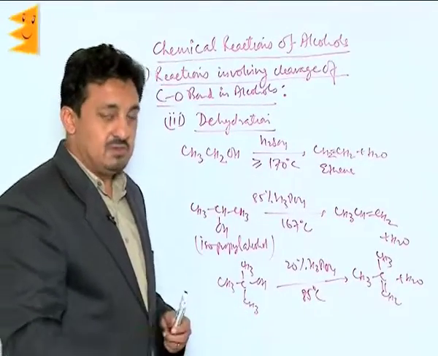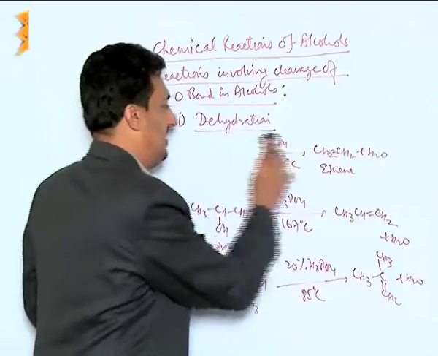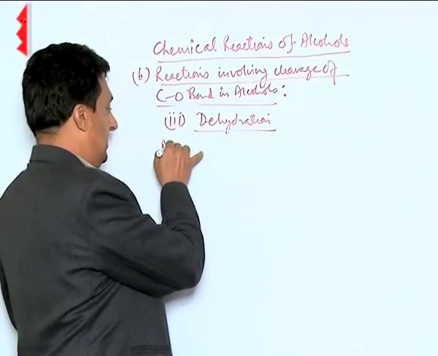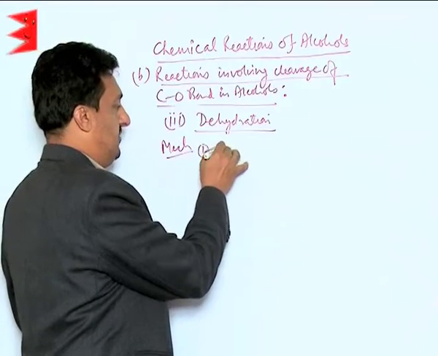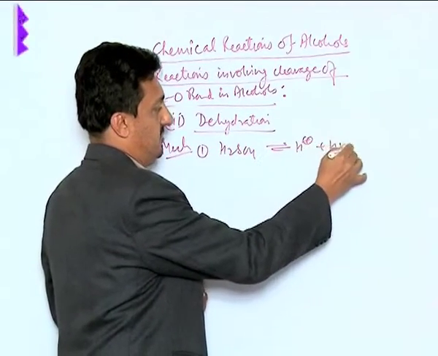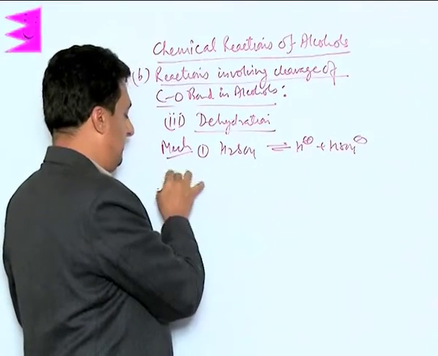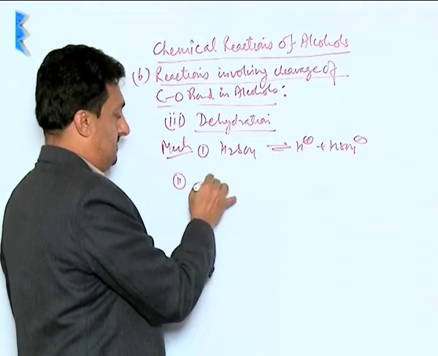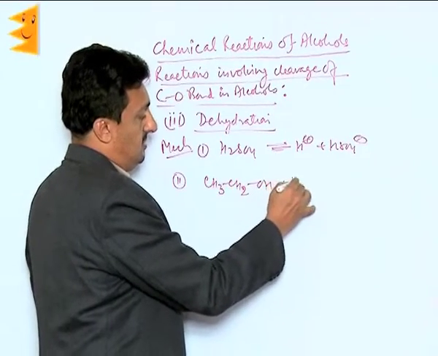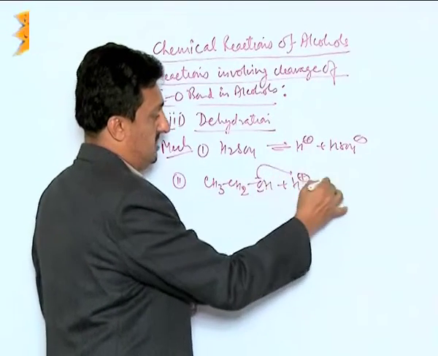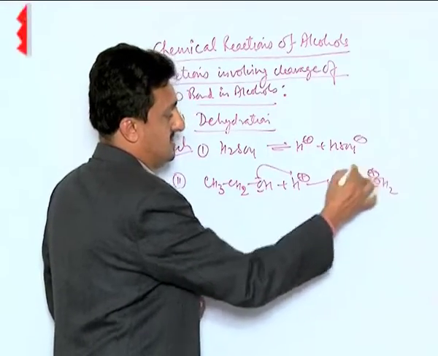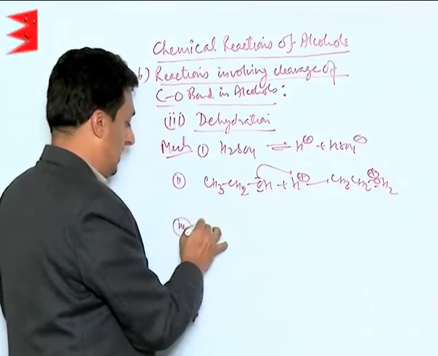Let us see the mechanism of the formation of these alkenes, and we can take the example of ethanol. Let us see the mechanism. The sulfuric acid breaks down into what? H+ and HSO4-. Then in the second step, the H+ attacks the oxygen of the alcohol, giving you CH3CH2OH2+. Now this oxonium ion is formed,